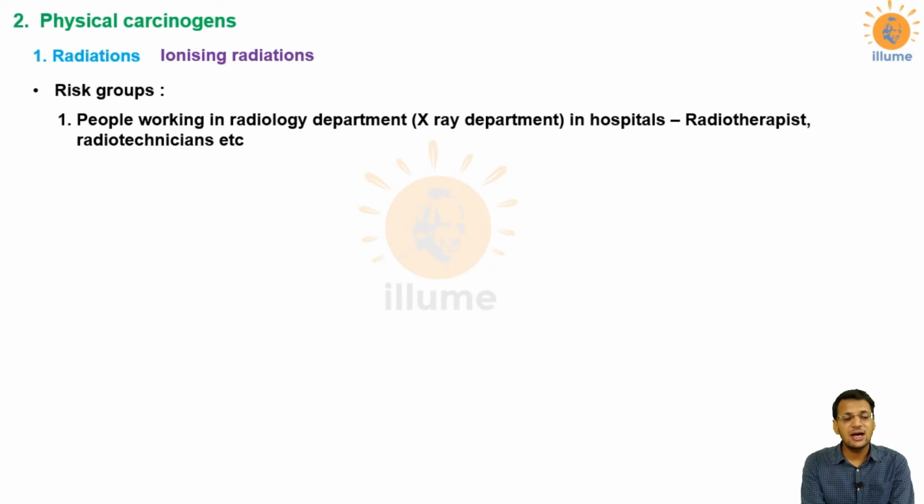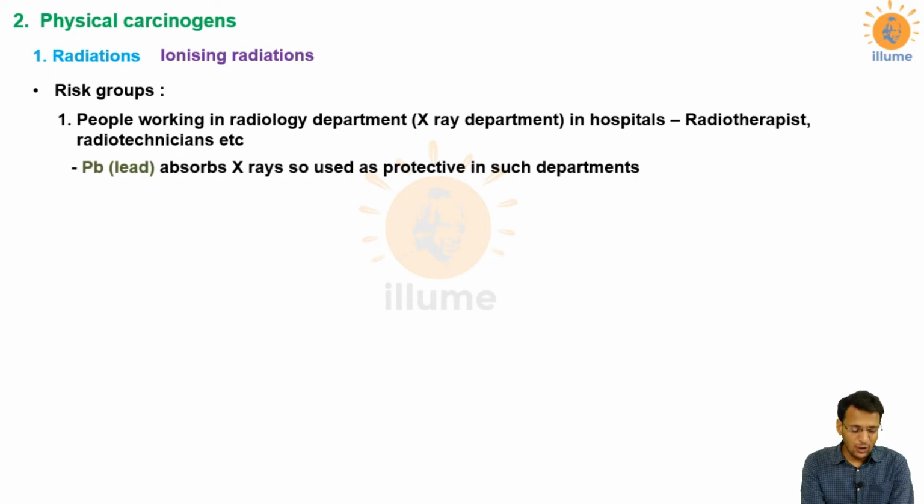So these persons are very much susceptible to X-rays because they are working in environments with X-rays. Now, there are some technologies by which we can save those persons from repeated exposure to those X-rays, and one is the use of lead. See, the metal lead is a very good absorber of X-rays.